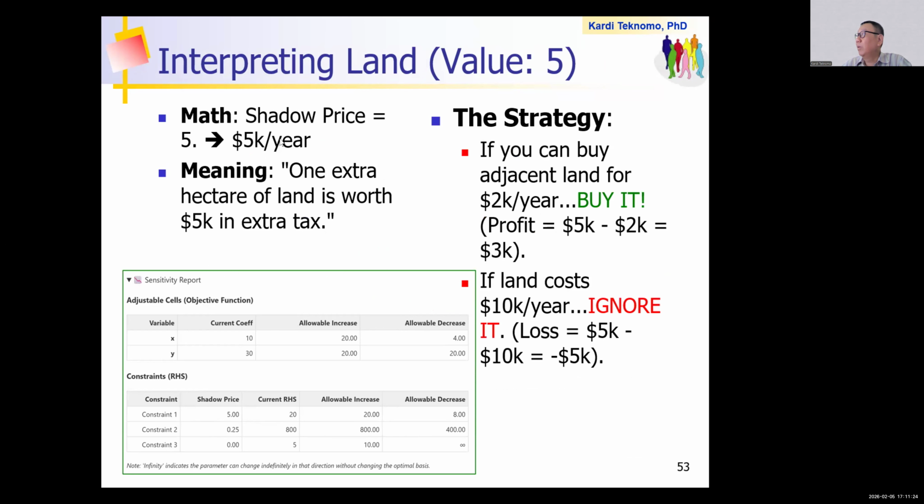And then from there you can also check based on the sensitivity report. You're supposed to check what is the range. This is the current condition. You can still increase or decrease up to what point? These are the allowable increase and allowable decrease. From there, you can make a decision. If there is an offer within that range, whether you will buy it or you want to ignore it. Those are the main points of linear programming.